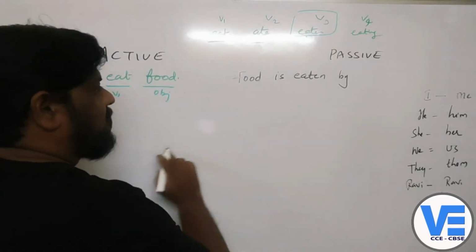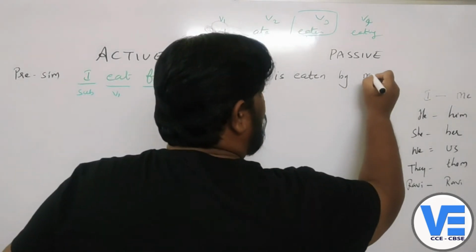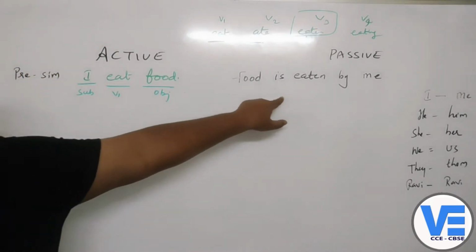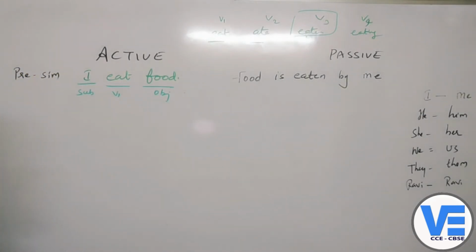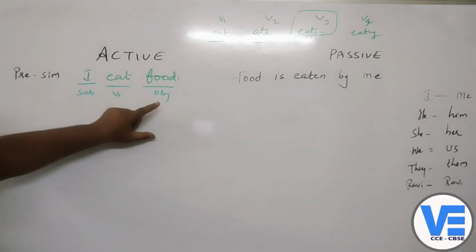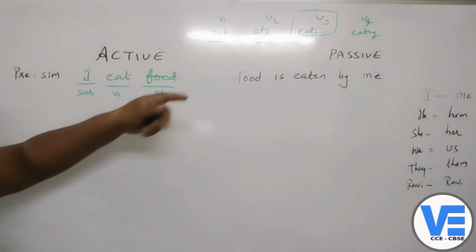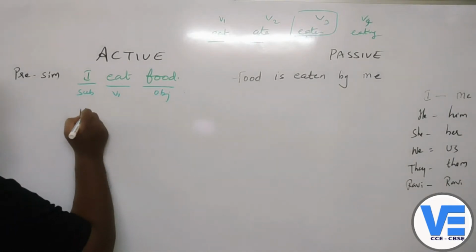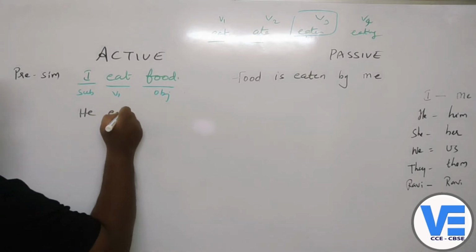So I becomes me. So it's very simple. Food is eaten by me. That is the passive voice. So for any present simple, you remember this particular thing and you can easily write it. Okay. Now, if the same thing comes in the plural form, he eats